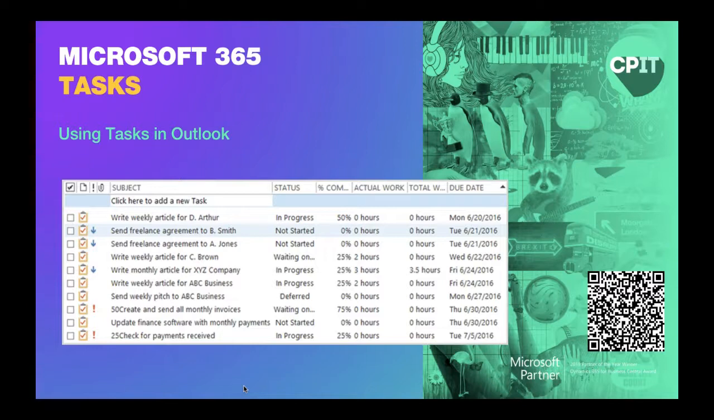What Microsoft did was that they purchased an app called Wunderlist back in 2017. And they've basically taken that Wunderlist app and rebadged it, added some of their features, integrated it with the rest of the Office suite, and released that as a to-do app. So looking at tasks in Outlook,